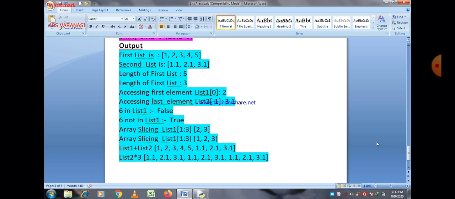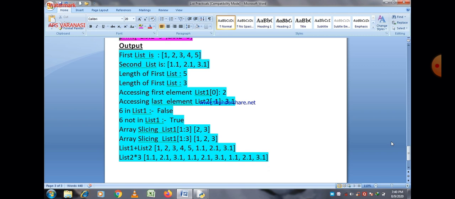and after that you can easily see that accessing first element, list1[0], is equal to 1. In the double quotes we just write the message "accessing first element list 1 0". 0 indicates the first element, but if you want to print the second element, then we write list1 and within the square brackets pass a value 1.